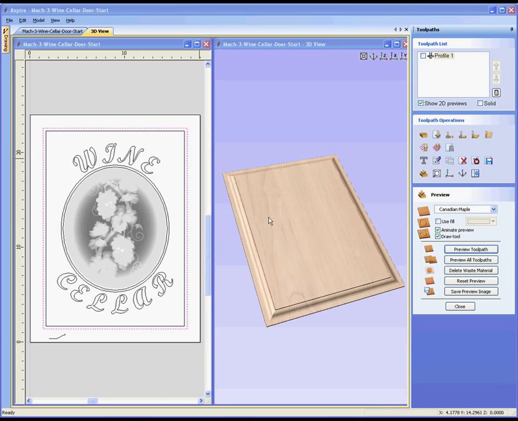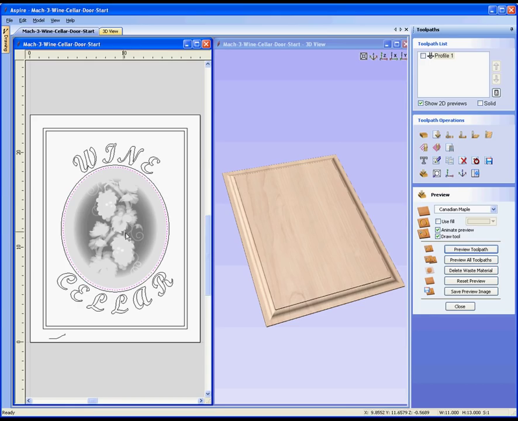So let's go ahead and generate some more toolpaths. The next one we're going to do is the finishing toolpath for the dished area, the 3D part. Now that's 0.6 of an inch deep, which is fairly deep, especially for the cutter we're going to use, which is a 1/8 ball nose cutter. So you may want to rough it depending how hard the material is, or depending exactly what type of ball